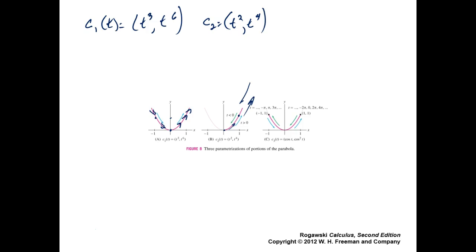So that's why they have the green arrow coming down for t less than 0 and the blue arrow going up for t greater than 0. But tracing the same path, it never comes over here because neither one of those, especially the x value, will ever be negative because it's squared. Okay? Now,